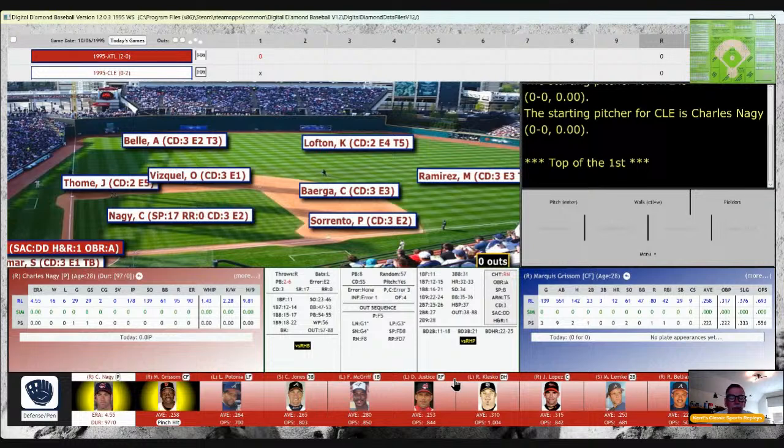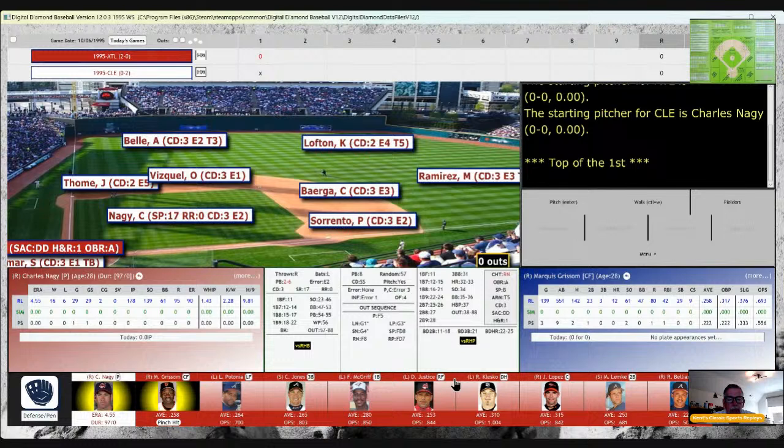On the mound for the Cleveland Indians will be Charles Nagy, who had a 4.55 ERA in 1995 with a 16-6 win-loss record. Since we're in the American League, there will be designated hitters in the game, and on the mound for Atlanta will be John Smoltz.